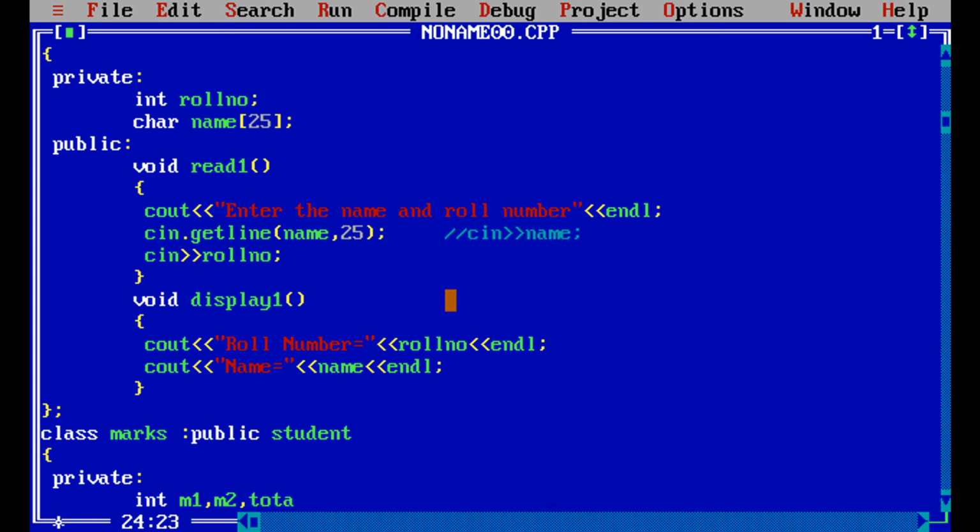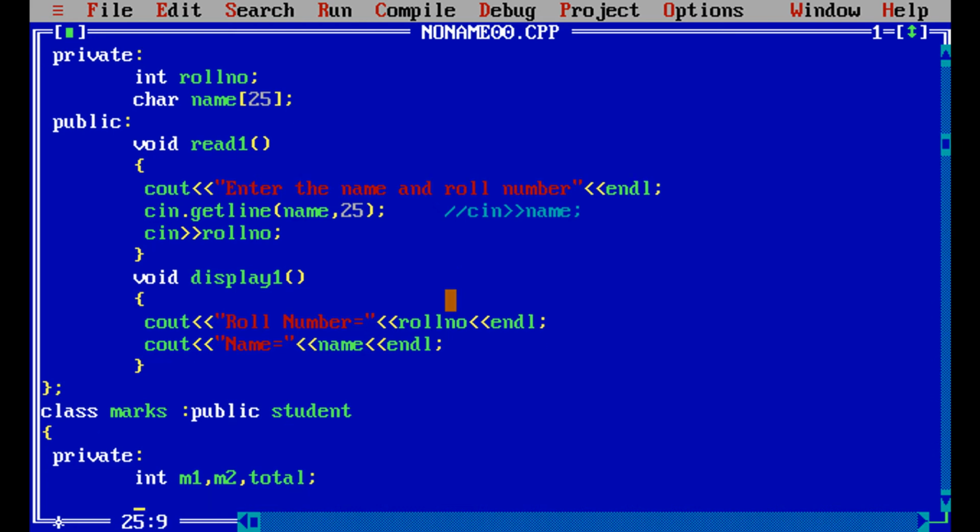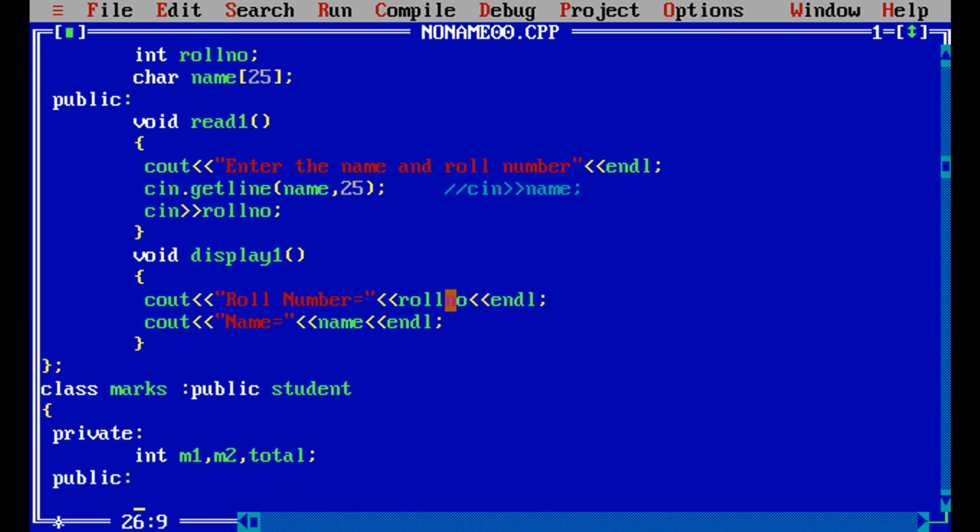So total will be a data member that will be there in the second class. Okay. So next we will have the public section. The public section will be having the member functions. So member functions, as you know, we need to read and write. So this is read two,